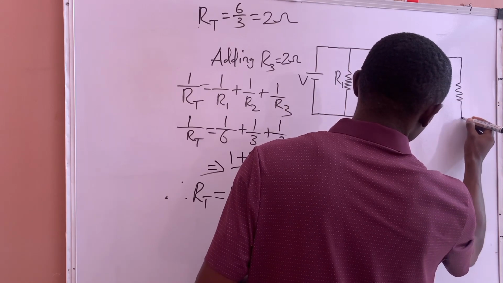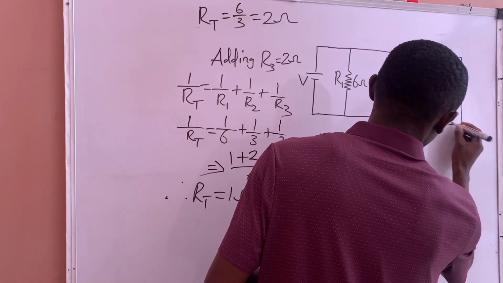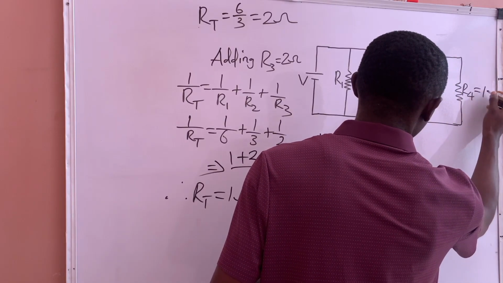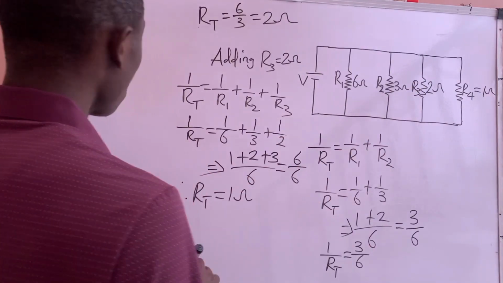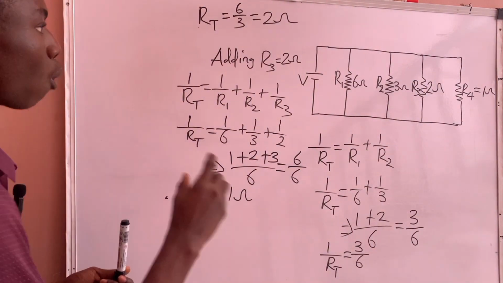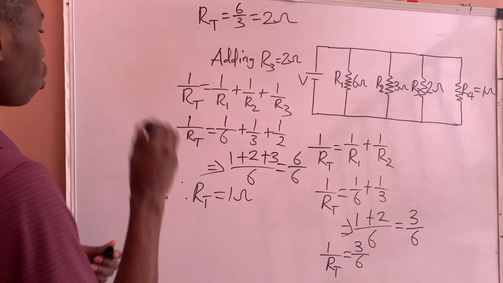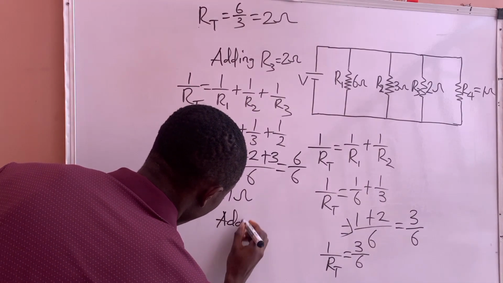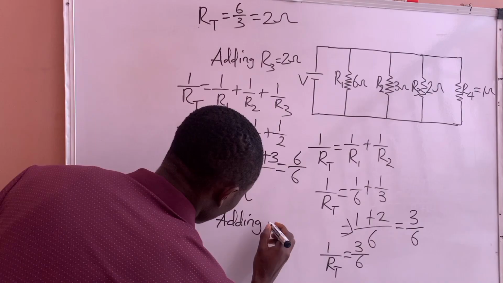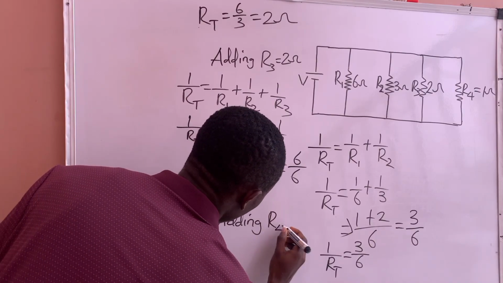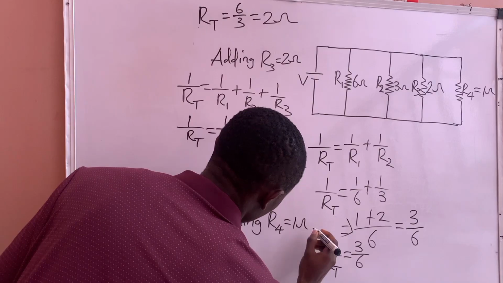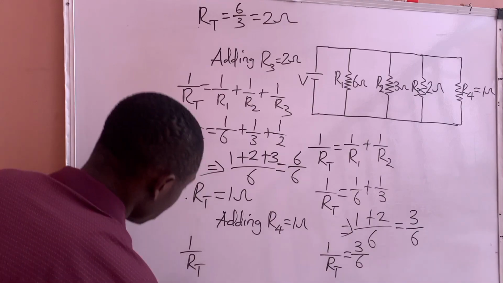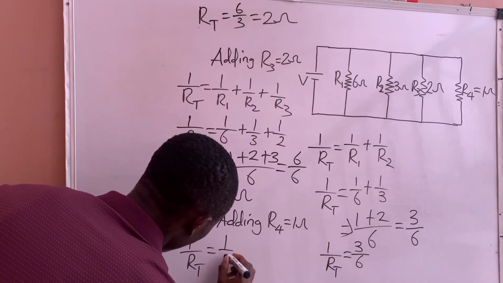Okay, let's add the 4th resistor, which is resistor R4, and let us see how the total resistance will behave. Here will be the resistor R4, which equals 1 ohm. So when 1 ohm is being added to the network, how will the total resistance behave? We will still use the same formula. Adding R4, which equals 1 ohm, the formula will be 1 over RT equals 1 over R1